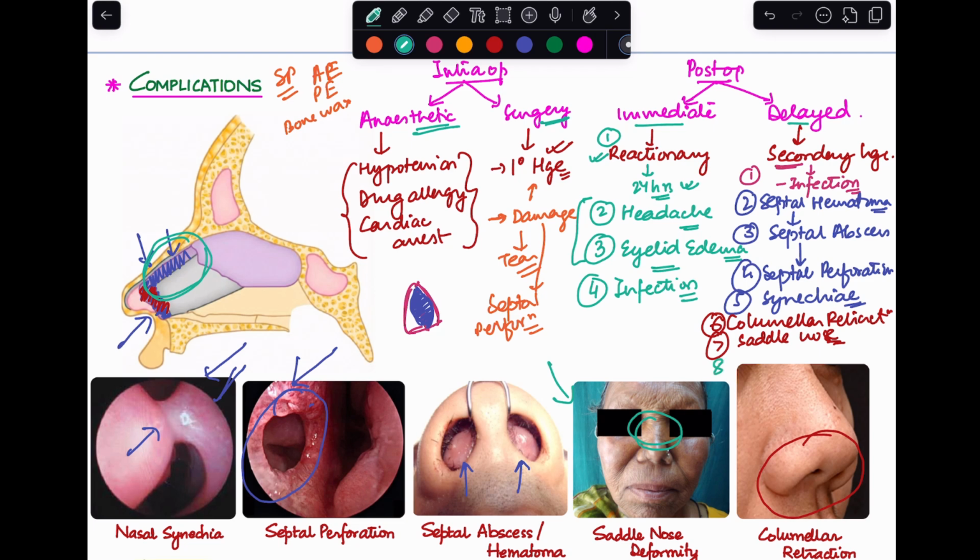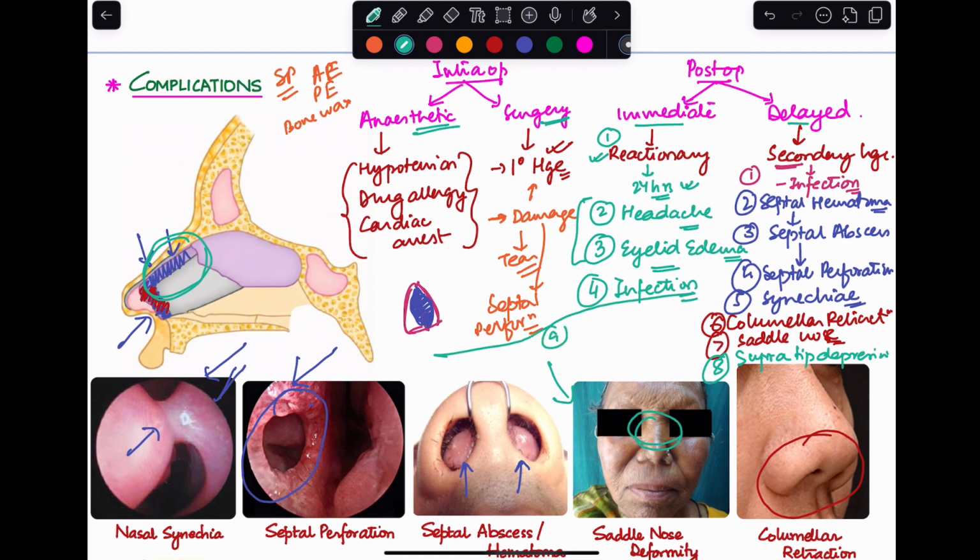Next, another deformity that can happen is a supra-tip depression. So if the area just above the tip of the nose loses the cartilaginous support, that area can become depressed. And this usually happens if the upper lateral cartilage attachment to the dorsal septum has been disrupted. Again, in this case, you have to correct it by doing a grafting. So these were some of the delayed complications.